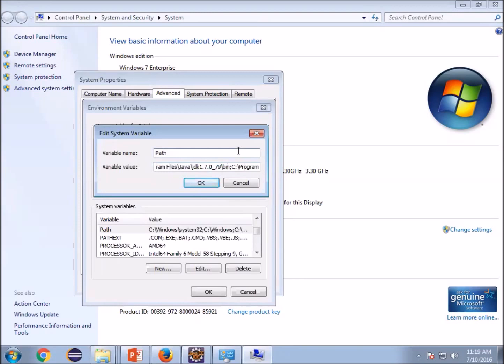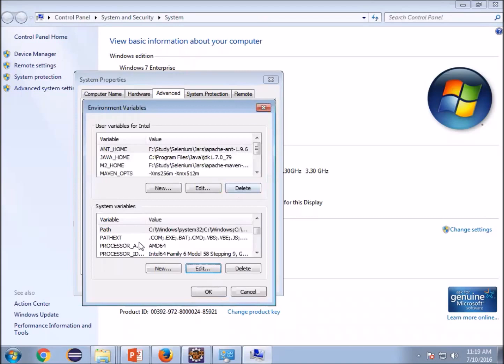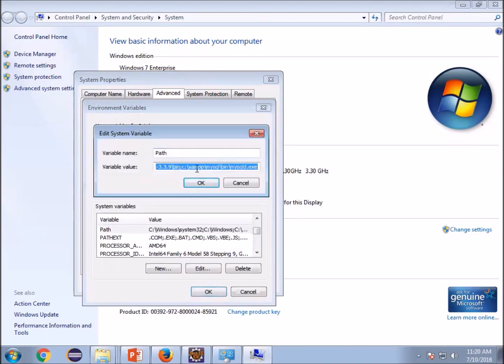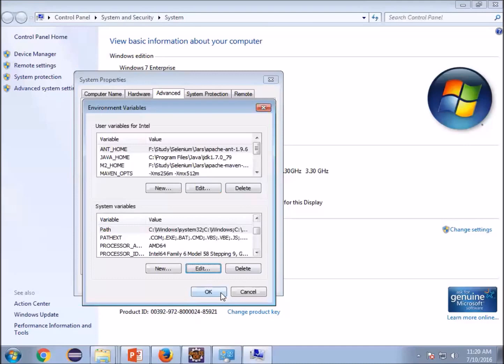So here it is. This is the JDK path till bin that I have copied already. If you don't have it, you have to copy it. If you are setting up Java for the first time, you will surely not have it. You have to install it, copy it, say OK, cancel. Make sure you don't edit any other entries, because your OS or that application might crash. So make sure you just do the copy pasting here like this, and do not change it anywhere else.